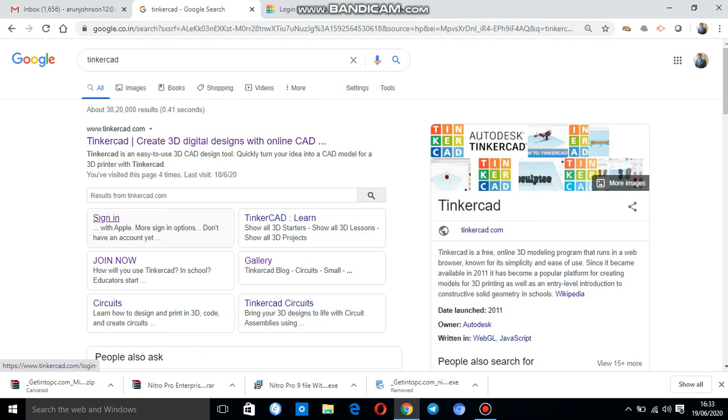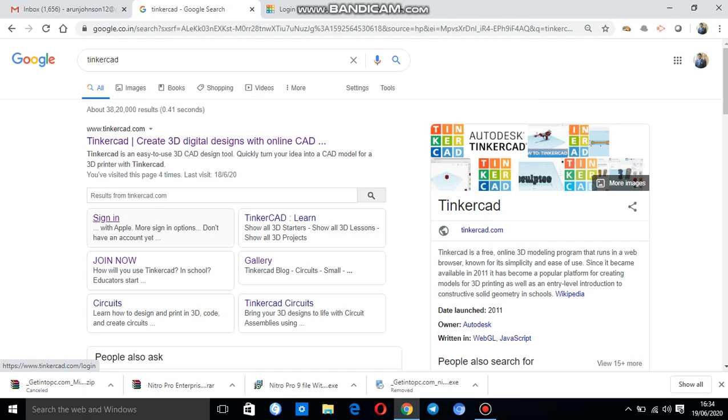Today we are going to see the simulation of analog experiments in a virtual platform. The virtual platform we are going to use here is Tinkercad. This platform is used as a 3D CAD design tool. Not only as a CAD design tool, you can also use it for some simple analog experiments in a virtual platform. First, let us simulate some small experiments.